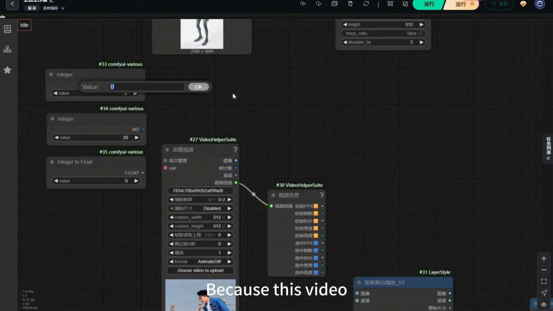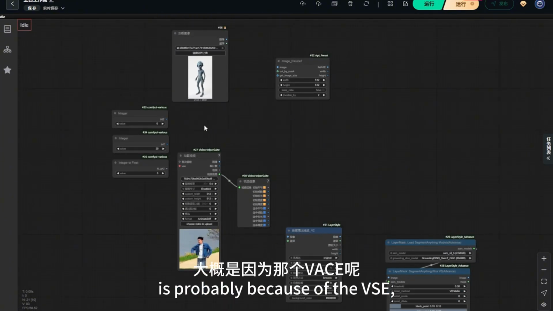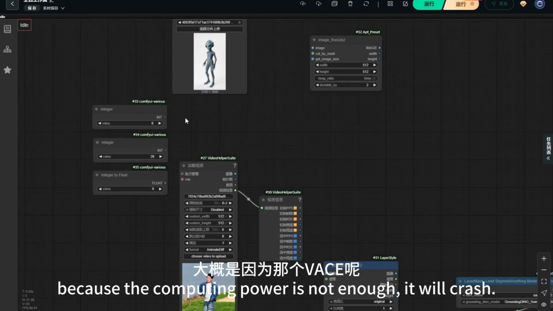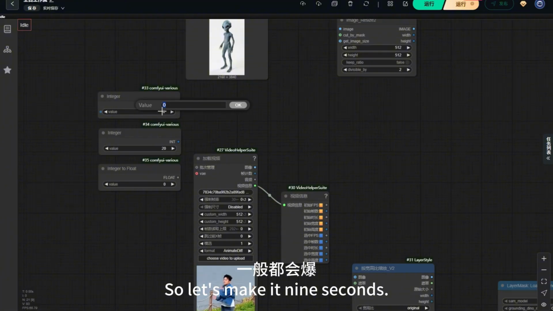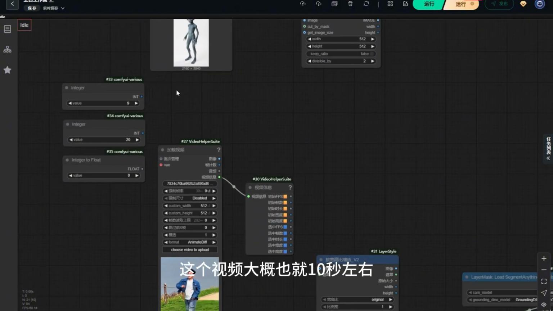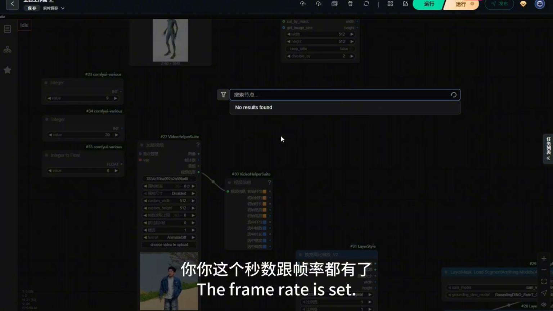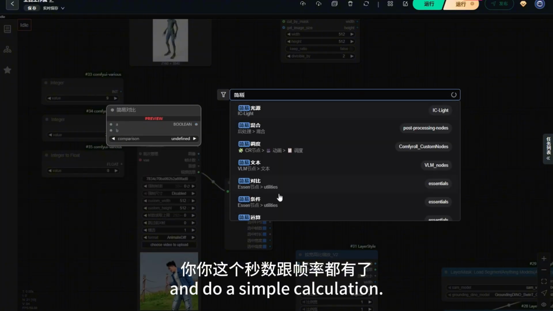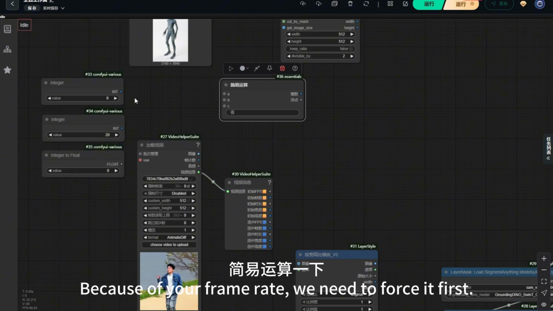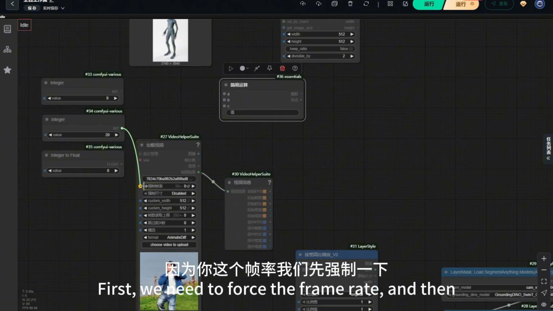Because of this video, probably because of the VAE, don't exceed 10 seconds. Because the computing power is not enough, it will crash. So, let's make it 9 seconds. This video is about 10 seconds. Okay, let's calculate your seconds. The frame rate is set. You need to do a simple calculation. Because of your frame rate, we need to force it first. First, we need to force the frame rate, and then